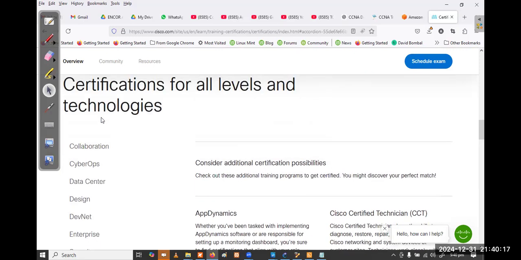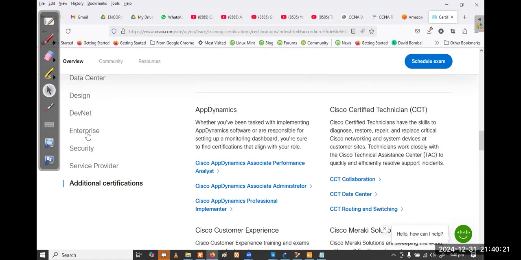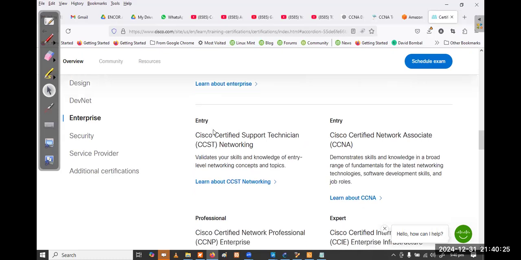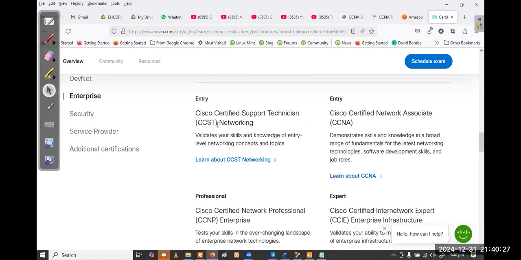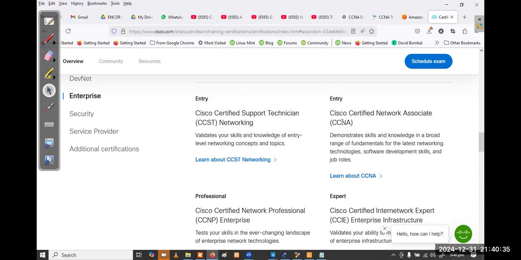In these tracks, we are going to go in the enterprise track only. In the enterprise track, we have an entry-level exam, that is CCST, Cisco Certified Support Technician, networking. The second one is the CCNA. That's the one we are going to learn in this class.